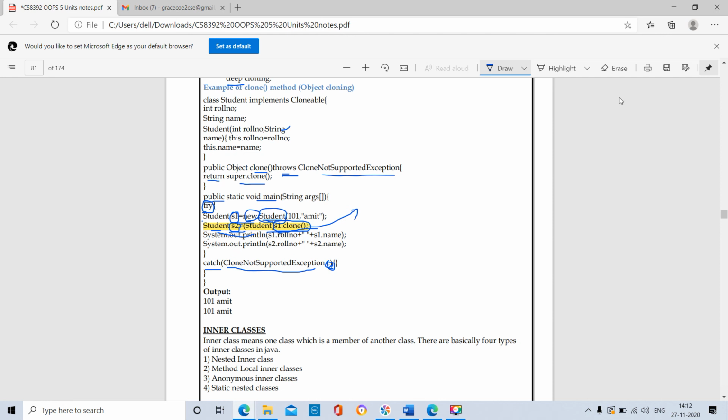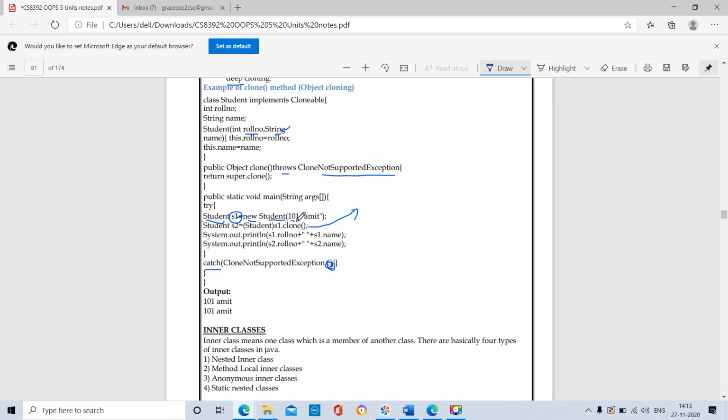Okay. Now see, Student is the class. Inside the Student class, we are going to create an s1 object by using the keyword new. Student is the constructor. This constructor has two parameters: integer roll number and string name.